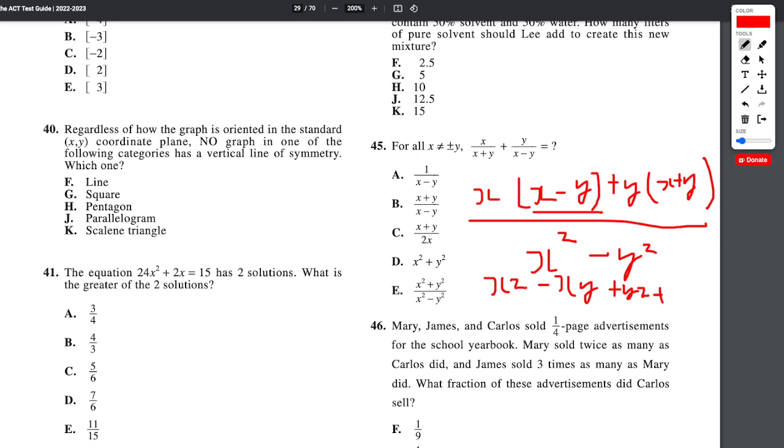plus xy. And what will happen is these will get cancelled. So we'll be left with x squared plus y squared over x squared minus y squared. Yeah, I think that's the furthest we could simplify this. Not too much else is left. So as soon as you saw x squared minus y squared, just pick E. That's exactly what we're looking